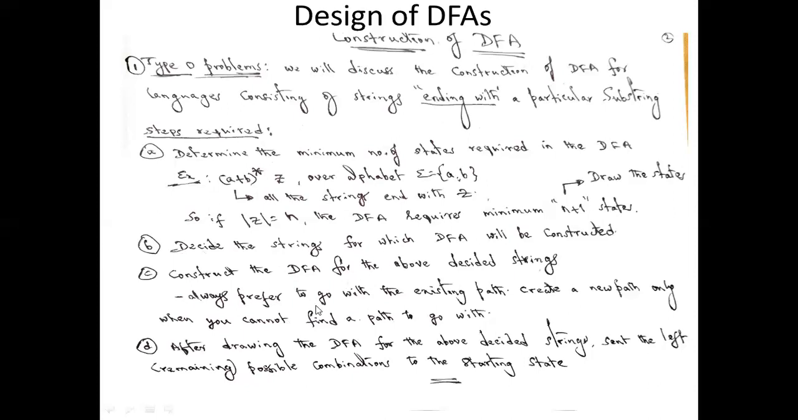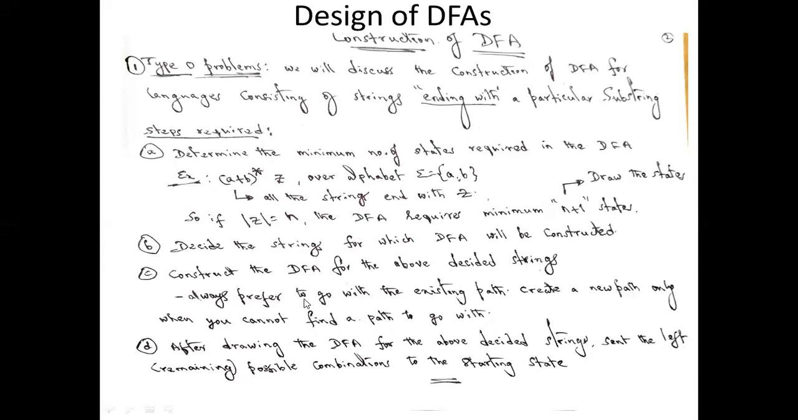While constructing the DFA, maximally utilize all the existing paths only. Whenever an existing path is not possible for showing the string, then only create a new path. That is step 3. Now, after constructing the DFA with all the decided strings,